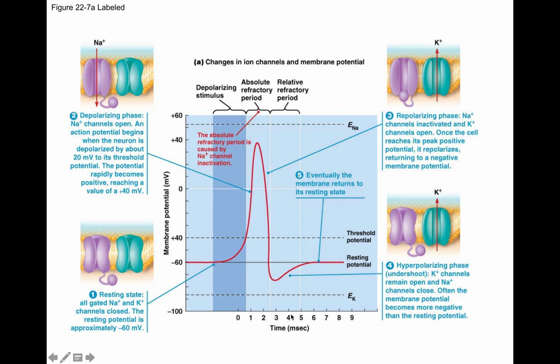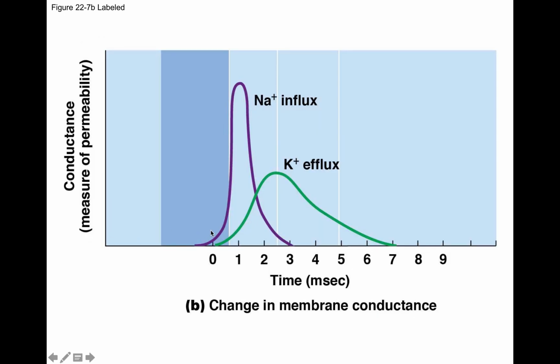This whole thing happens over about 4 to 5 milliseconds, 4 to 5 1,000ths of a second. So it's very fast. So first you have the sodium coming into the cell, and then you have the potassium leaving the cell. The sodium coming into the cell happens over a shorter time span, 3 milliseconds, and the potassium leaving the cell, most of that is done by 4 milliseconds, but then a couple more milliseconds are used to pump out the extra potassium and return to resting membrane potential.